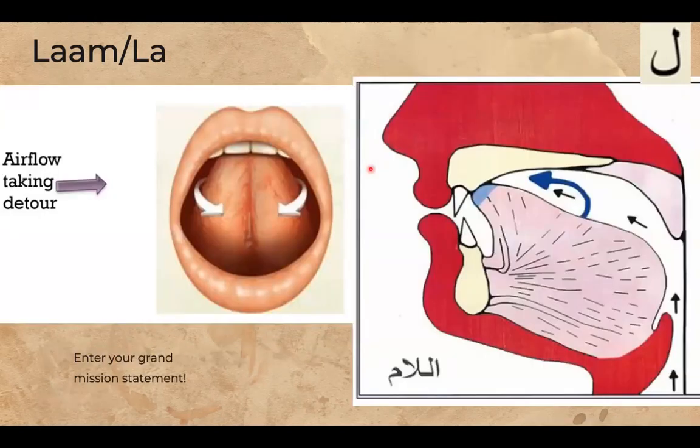So here, I'm just showing you the mechanics of the letter. You put the lam on the tip of your front hard palate in the mouth. That's why I refer to it as a hard palate. It's next to the teeth. And the air goes around your tongue, as you can see. And if you go to the next one,